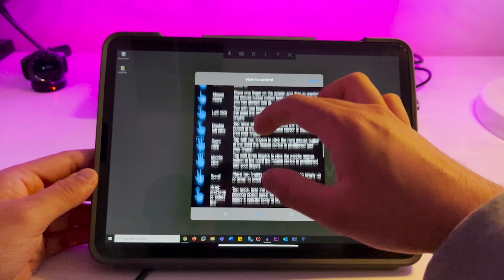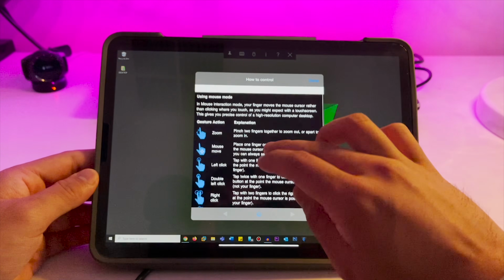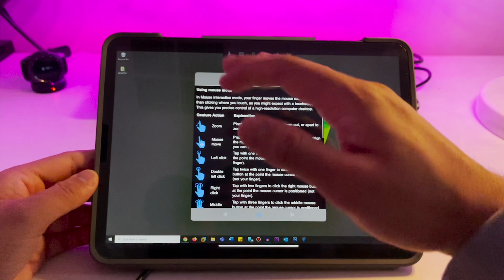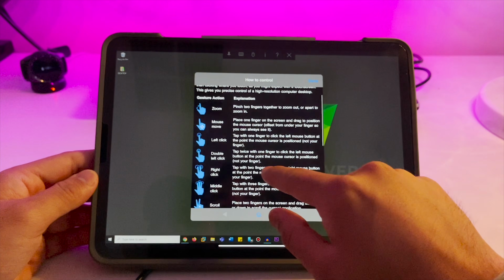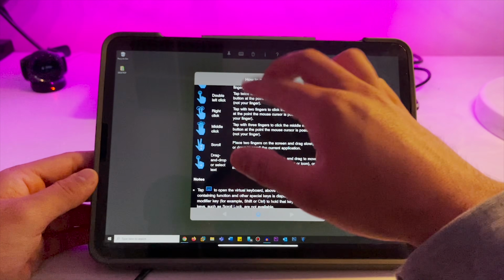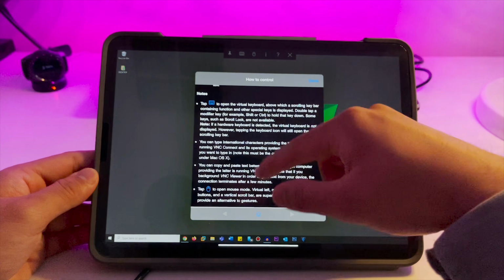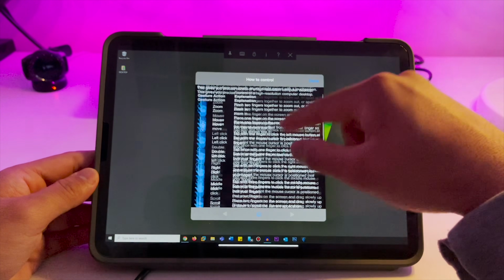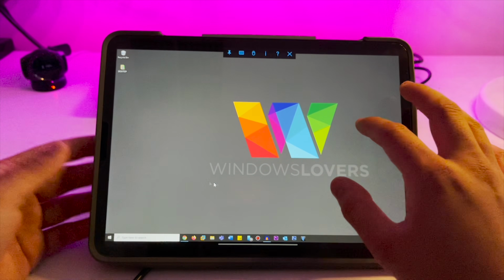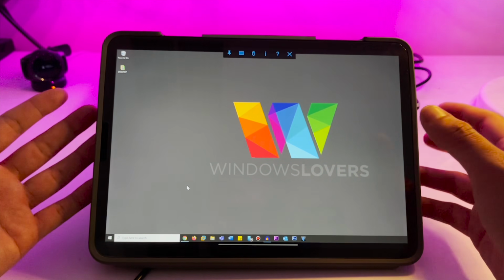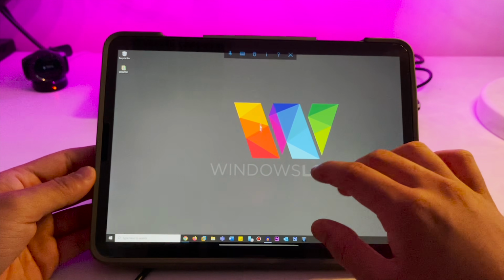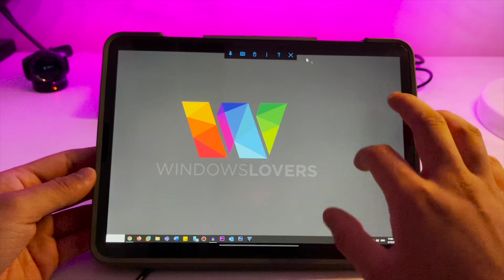This is a really important thing on how to control your computer. If you are using the mouse mode, it supports your gestures. If you can zoom with it, you can left click, double click, right click, all of that stuff. Just click on done. So now I can control my computer with my iPad. So that's how you use VNC Server and VNC Viewer to remotely control or remotely connect to your computer.